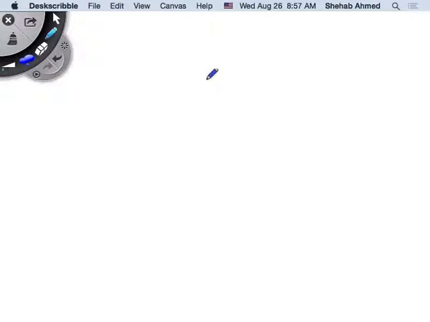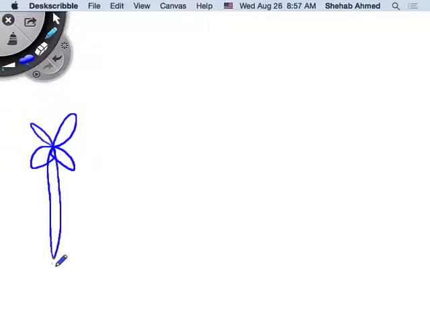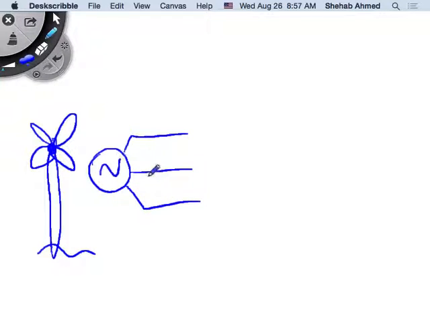Last one, I have a wind turbine. This is my wind turbine, flower. Wind turbines are typically similar to the electric vehicles, also induction machines or permanent magnet synchronous machines. So it would be a three-phase machine in any case, right? That would be the input. The AC output, is it going to be fixed frequency? It's going to be variable frequency. Is it going to be fixed magnitude? Variable magnitude. So it's going to be variable frequency,